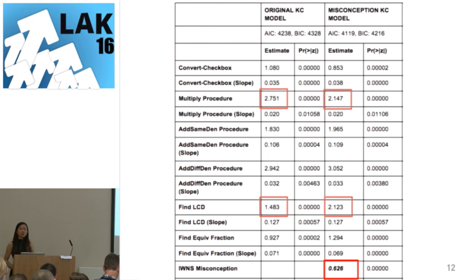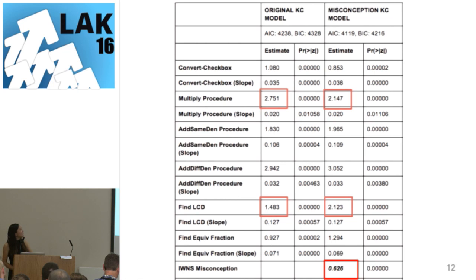And just to give you an intuitive sense of what happens to other KC estimates as you add something like that misconception in, you can see that the coefficient estimate for the procedure for multiplying has actually decreased, meaning that the fact that students are probably getting some multiplication problems correct just because they're applying this strategy, maybe not because they necessarily know that that's what you're supposed to do for multiplication, will lead it to lower the estimate for the likelihood that they know the proper procedure for multiplication when they see a multiplication